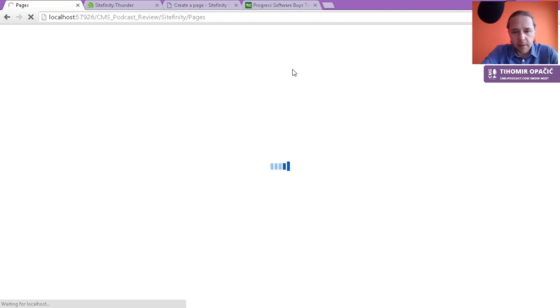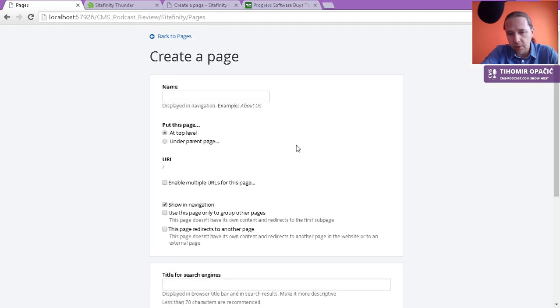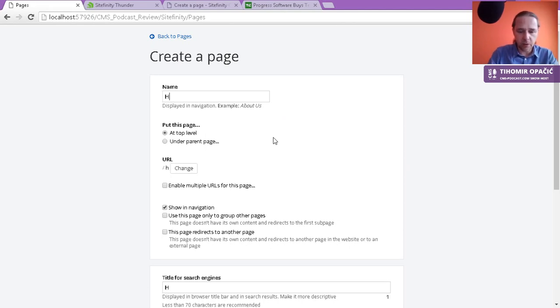and this usually takes a lot less time once you create the first page, and once you start using the CMS. I'm assuming that it does some kind of caching in the background, so that's why it becomes faster. So let's create our home page, and